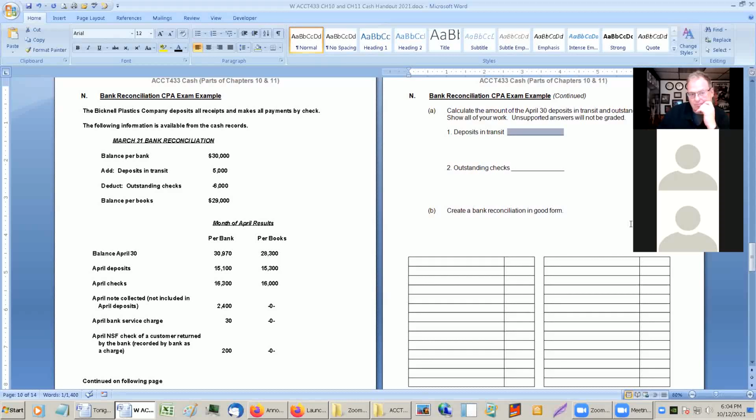30,470. I think that's what I have. I'm sure for just the deposits in transit and the outstanding checks. Let's do those first. Okay, I think the outstanding check I had, the bank deposit I had 5,200. Yep. And the other one I had 5,700. Yep, that's it. Okay, so